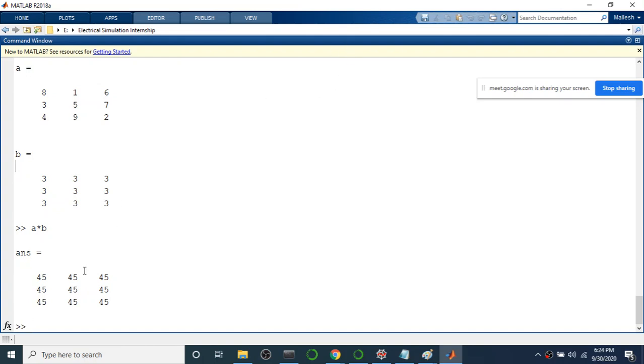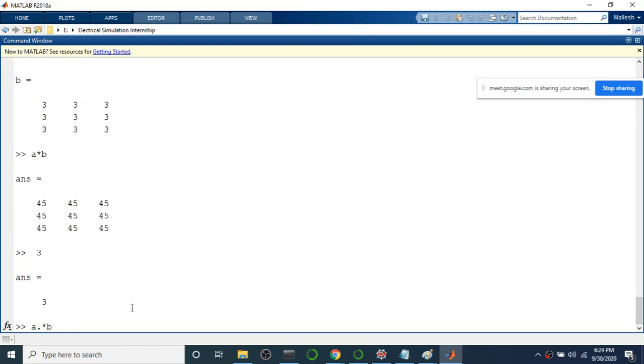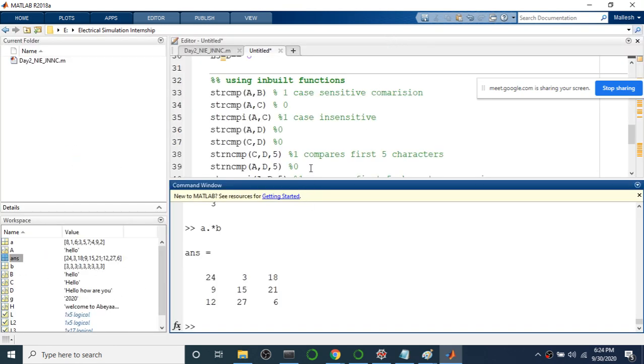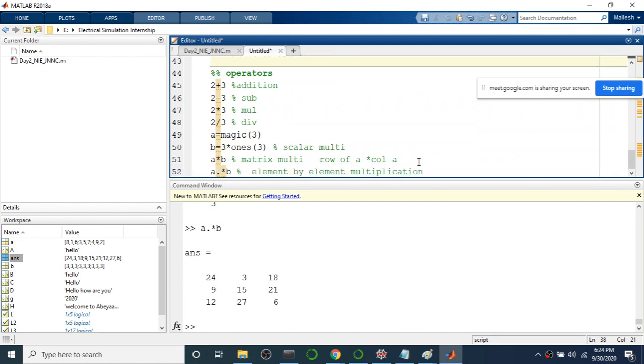But here in the dot product, when I do A dot star B, the first element of A and the first element of B will be multiplied, second with second, third with third. Element by element multiplication will take place. You can see that result, A dot star B. You can see here 8 into 3, 24 I'm getting, then 1 into 3 I'll get 3, 6 into 3, 18. So this is element by element multiplication. By introducing the dot operator you can do that.